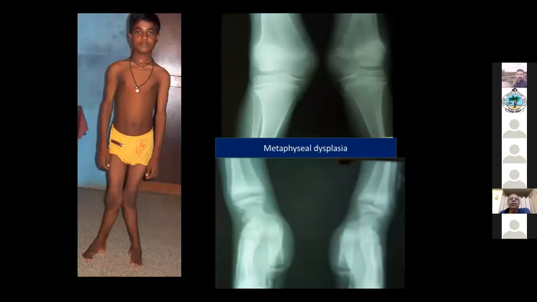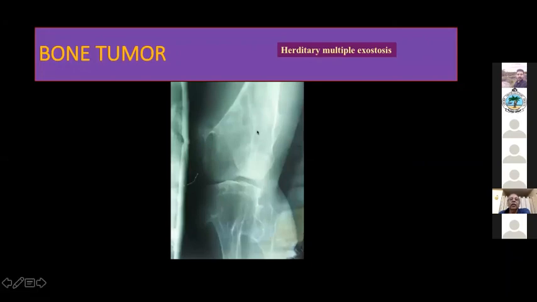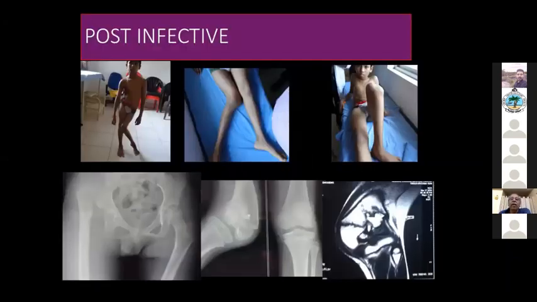This is another boy with metaphyseal dysplasia. Again, you can see it is the limbs that are short. Then these are some cases of familial hypophosphatemic rickets producing the deformity. This is another cause. Tumors, the osteochondromas, can produce the same thing, so you have to palpate the bones to find out whether there are osteochondromas. This is one boy with a history of infection. You can see the severe genu valgum it has produced. Okay.